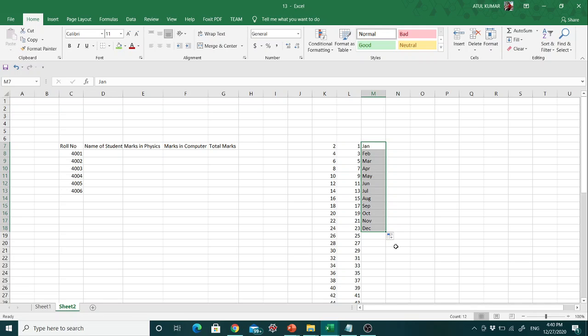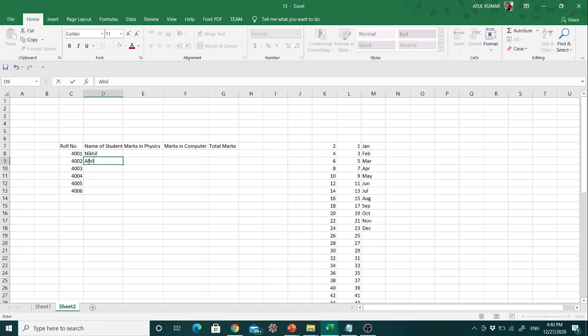So Excel is smart enough to fill repetitive or sequential data. Next, I want to enter the names of the students, that is Nikhil,